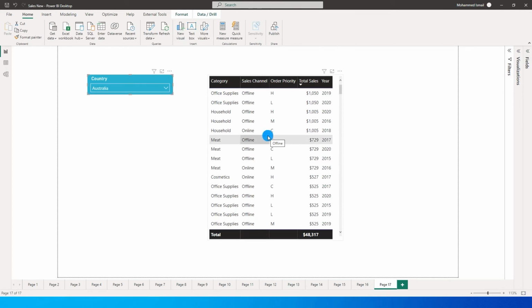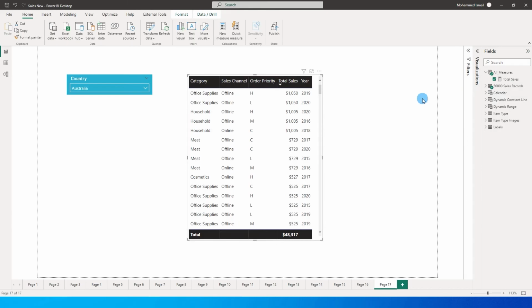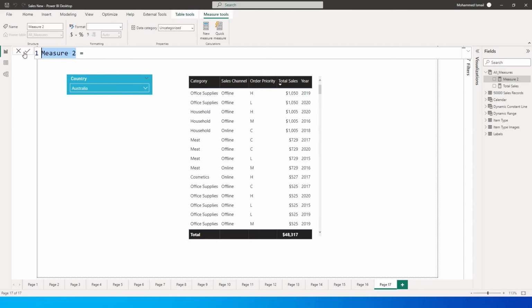So this is what I will be teaching you today. So let's get started with this tutorial. The first thing that I will be doing here is I'm going to create a new measure. I'm going to call this measure filter check